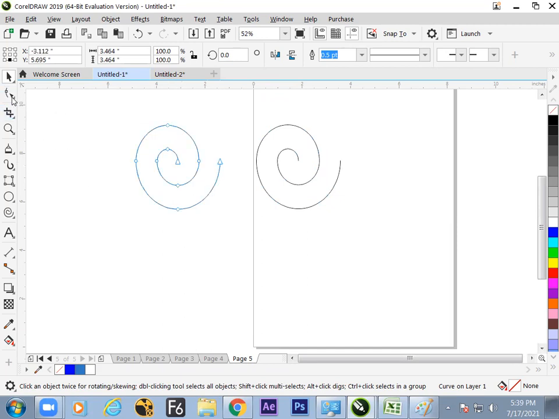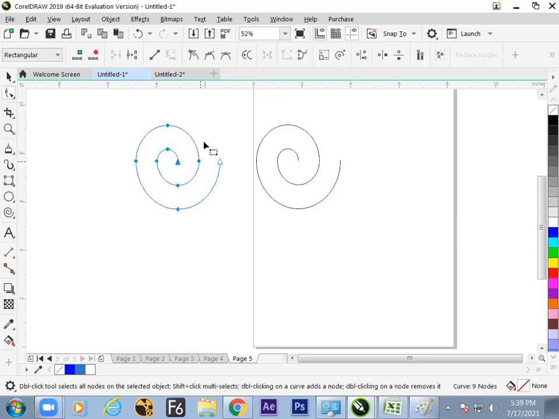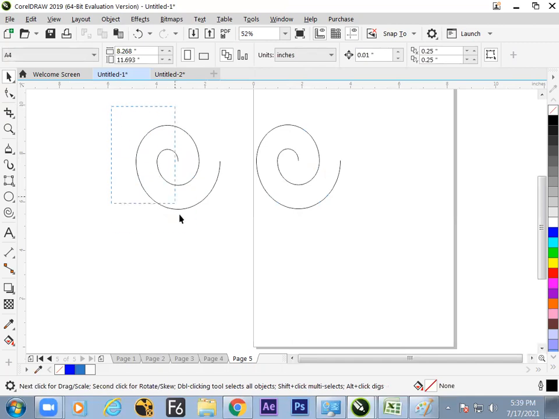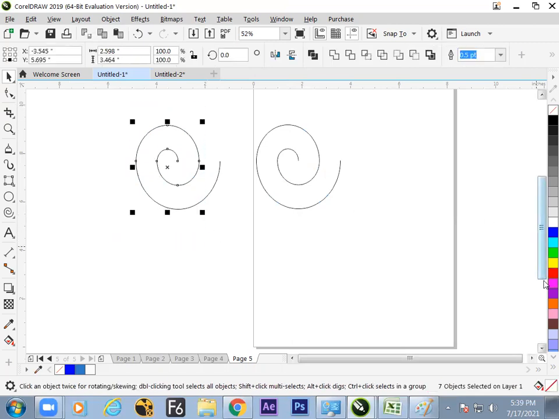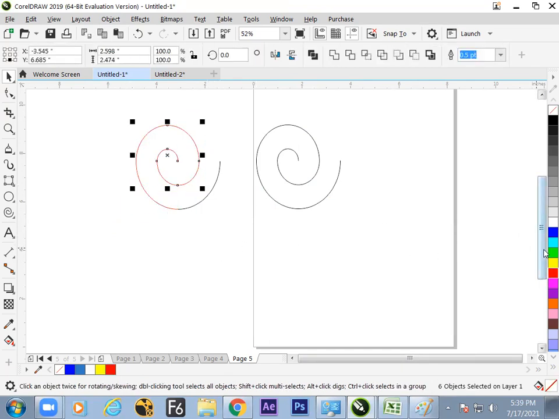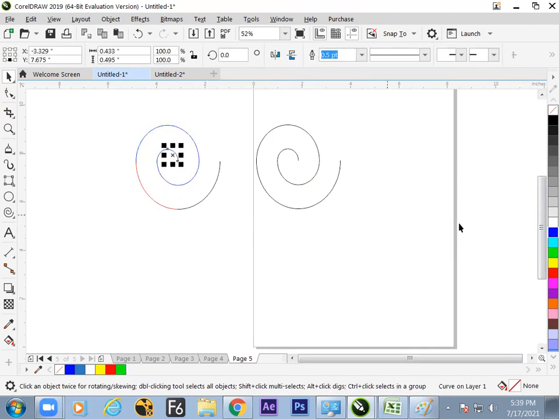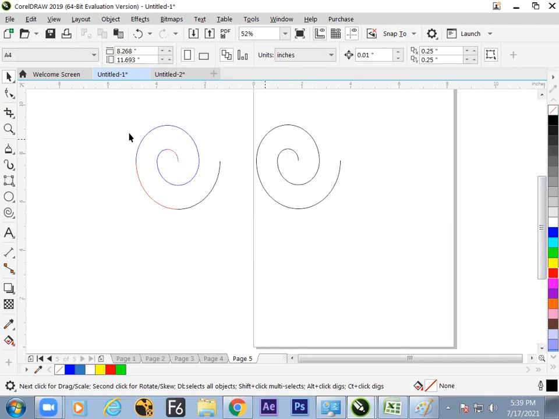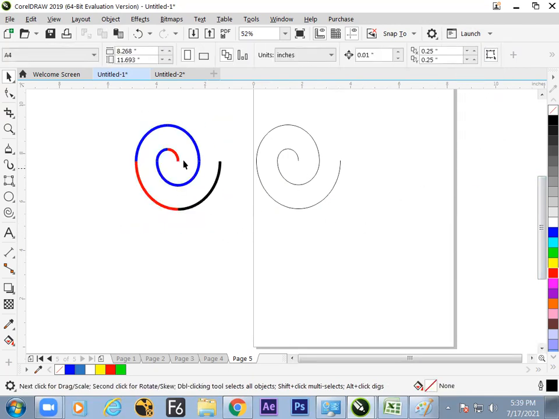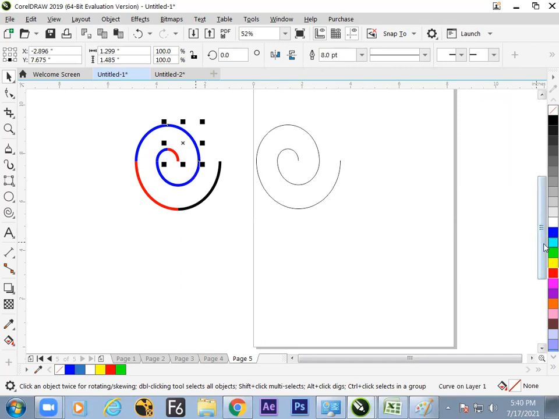It is just an open set, so directly it works. Get break. After breaking, yes, break apart. And then after, yes, we can change the color by right click. And we can change the thickness too. So let us change the thickness. Hope the structure is clear, like how it forms.